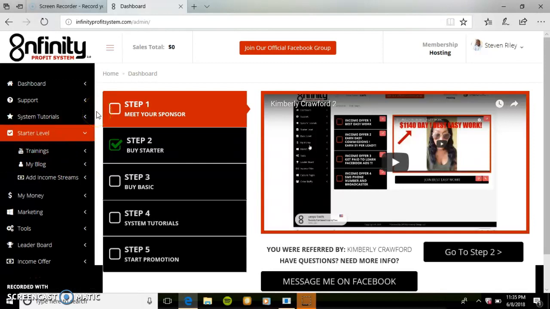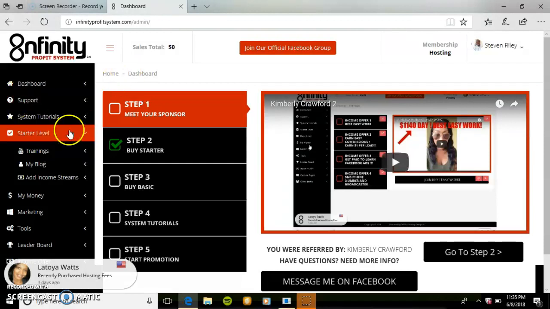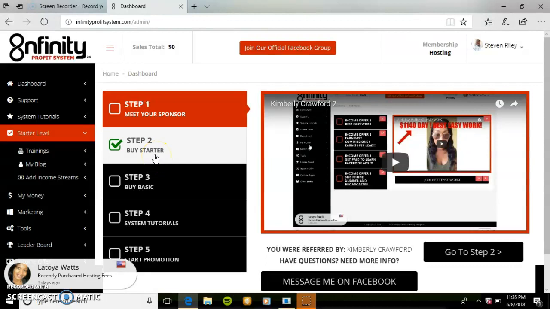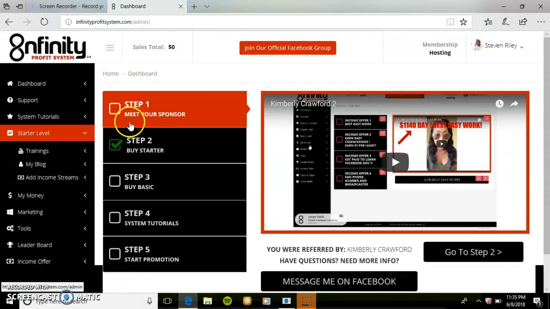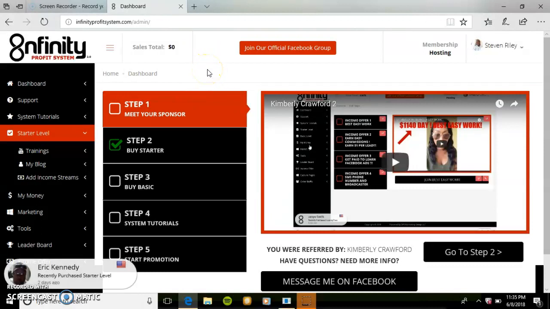And as you can see, it's on the Infinity Profit System. So what I'm gonna do, I'm gonna show you guys again why this system is for every marketer that's online or every aspiring marketer. All right. So basically, this is my dashboard here. This is my setup. As you see in front of you, what you have here is a system that allows you to do multiple things, and it provides you with multiple benefits.